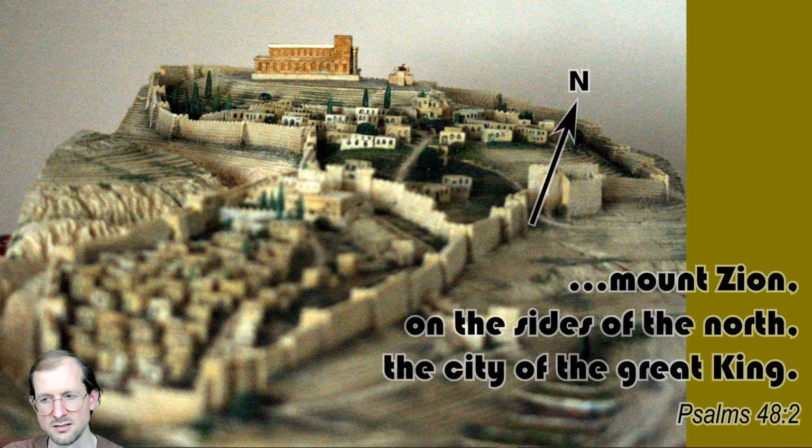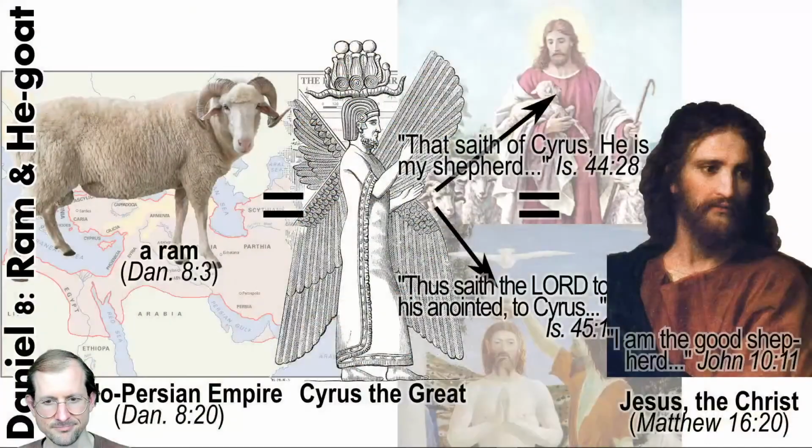Anyway, it's how Jerusalem started. And then in Solomon's time, they built the temple up on the top of the mountain there. So Psalms 48:2 says, Mount Zion on the sides of the north, the city of the great king. And what's on the sides of the north? It's the temple. And why would this be connected with heaven? Because we have